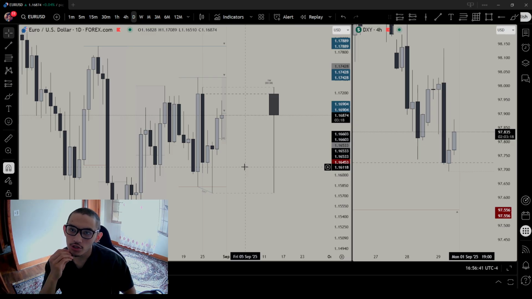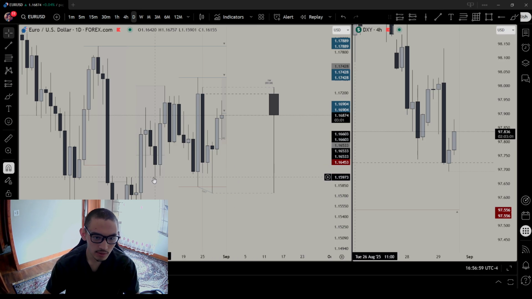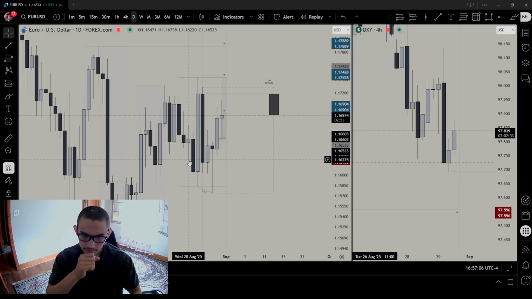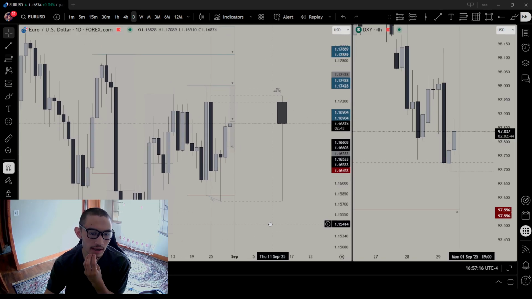When you're trading, you always gotta be a thinker, right? I'm obviously not a multi-millionaire yet, which I will be. Hopefully you too, you get out of poverty as well. But you have to be a thinker. So why did this one get swept out and work out, and this one didn't? The reason is because this low is a low that broke a high, which is important when in a bullish order flow.